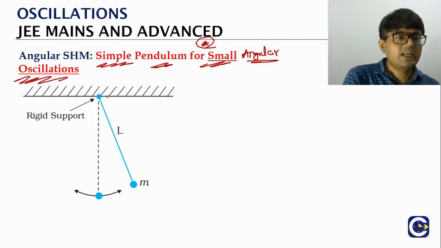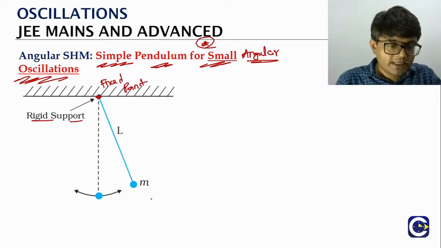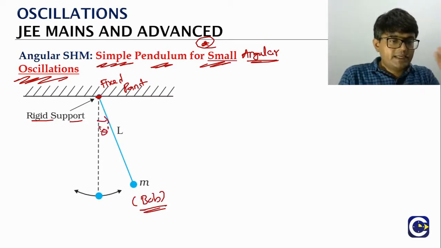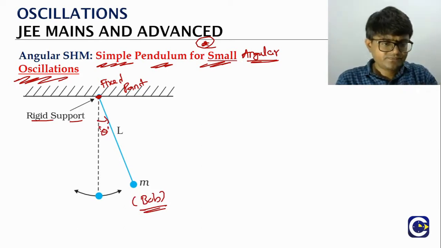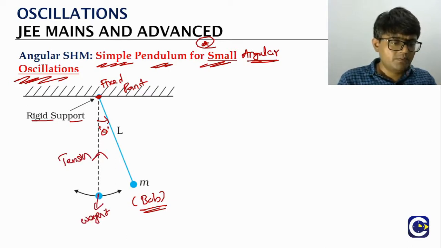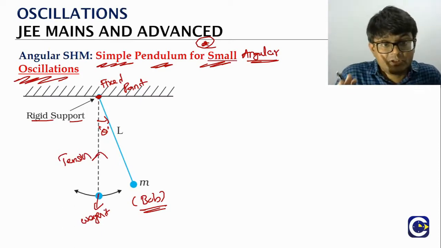What is it? We will see. So we will have a rigid support, the fixed point we can call it. From there, with the help of a rope or a wire, we will connect a bob, the pendulum bob. We will give a small displacement. If you just leave it like that, it will orient itself in the vertical direction, where the tension in the rope will be exactly balancing the weight of the bob. So here we will go with the assumption that the rope or the wire doesn't have a mass. That is the assumption we are going with.